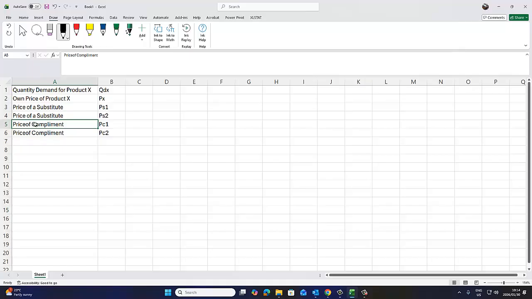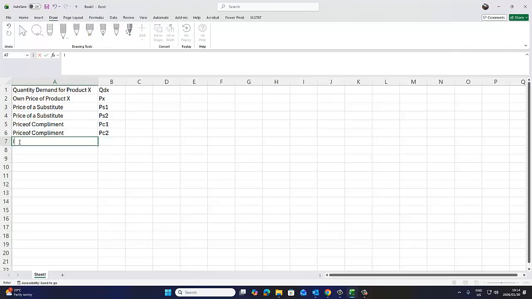So own price, price of substitutes, price of complements. In this case, we assume 2 substitutes and 2 complements. There could be much more, there could be much more. There could be 100 substitutes, could be 50 complements. Who knows? So those are the prices: own price, prices of complements, prices of substitutes. Another obviously important